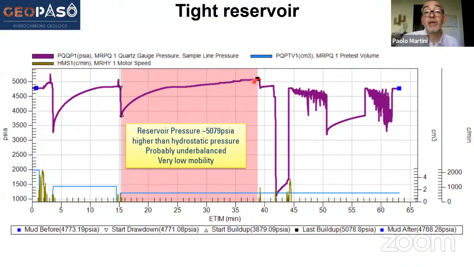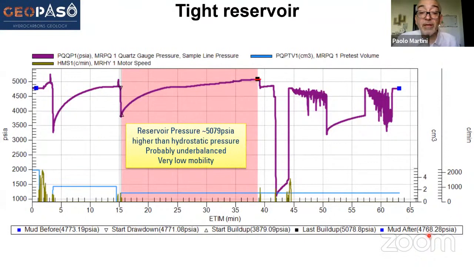and starts growing and growing, growing at a level which is way higher than the hydrostatic pressure. Then he tried to basically increase the force with which the packer is pushed against the formation, but he just got very inconsistent and irregular results until he basically aborted the test, and the hydrostatic pressure after the test is exactly as before, because it's just a few psi difference from 4773 to 4768. It's like 5 psi difference, which is